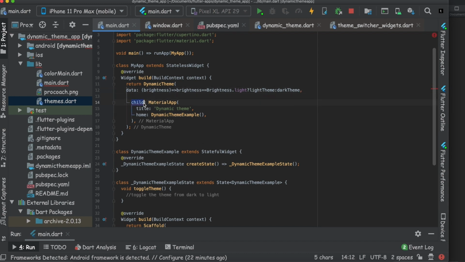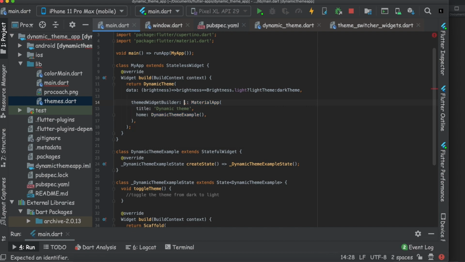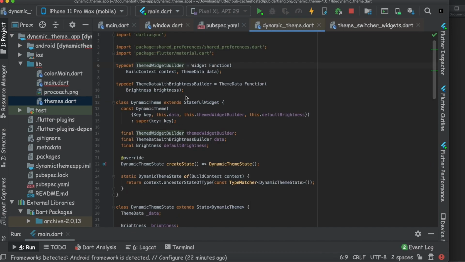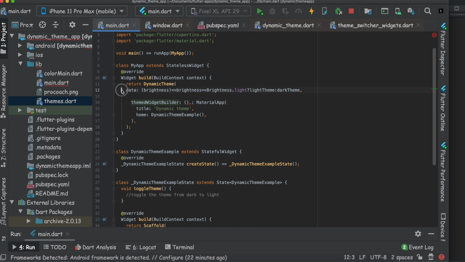Then we have to return this as the themedWidgetBuilder. If you go inside, it provides us a BuildContext and ThemeData. So the theme data comes from this data.